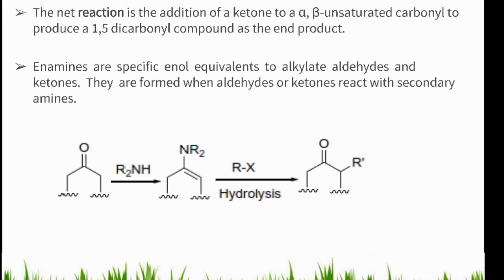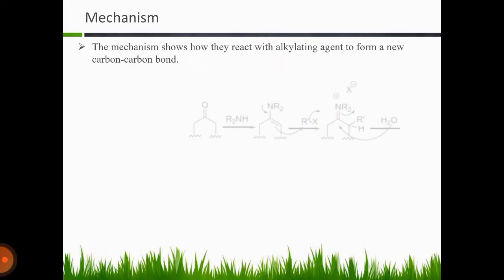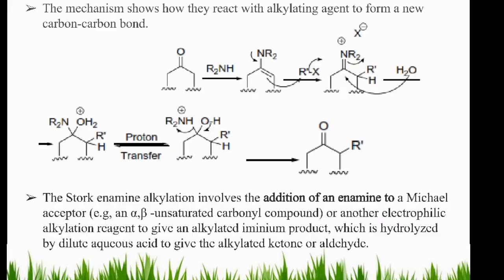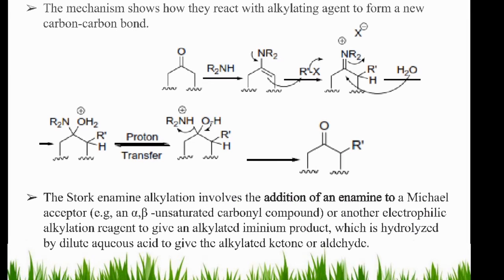So here you could see that it happens through three steps. The very first step is an enamine is getting formed. So that's what here you could see, the first step, enamine is getting formed. And the second step is it goes for alkylation. Enamine is going for alkylation by bimolecular nucleophilic substitution reaction, that is SN2 alkylation. And the SN2 alkylation leads to the formation of iminium salt. Actually, iminium salt is the third compound.